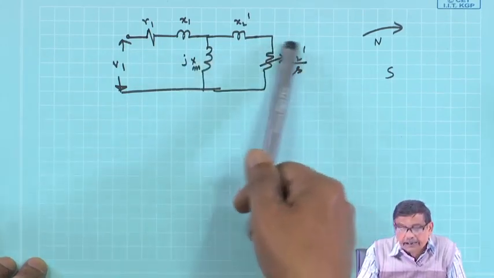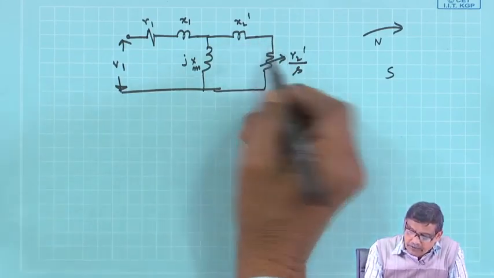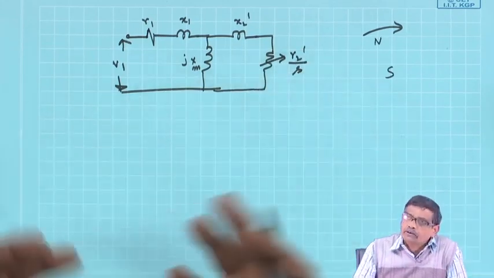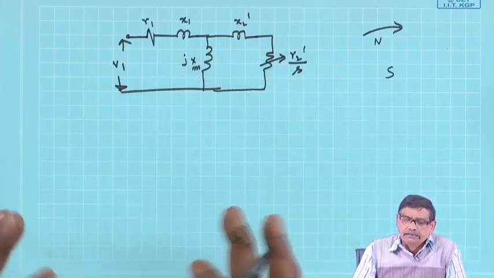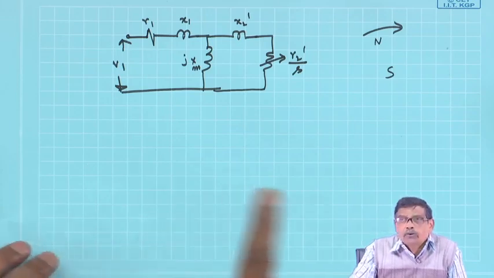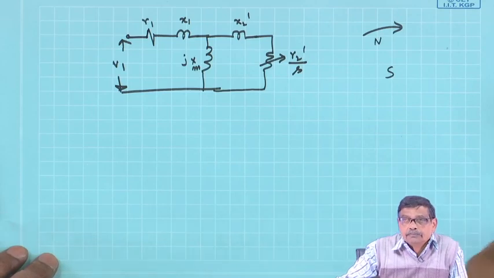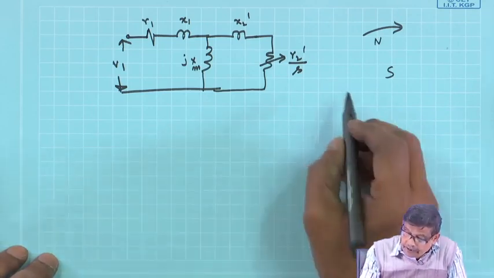And if you can estimate air gap power, that is this current squared into R2 dashed by S, your torque is already calculated, that is torque in synchronous watt, and divide it by 2 pi ns, you will get the actual torque. You need not go to the level of mechanical power developed, although that can be done, because